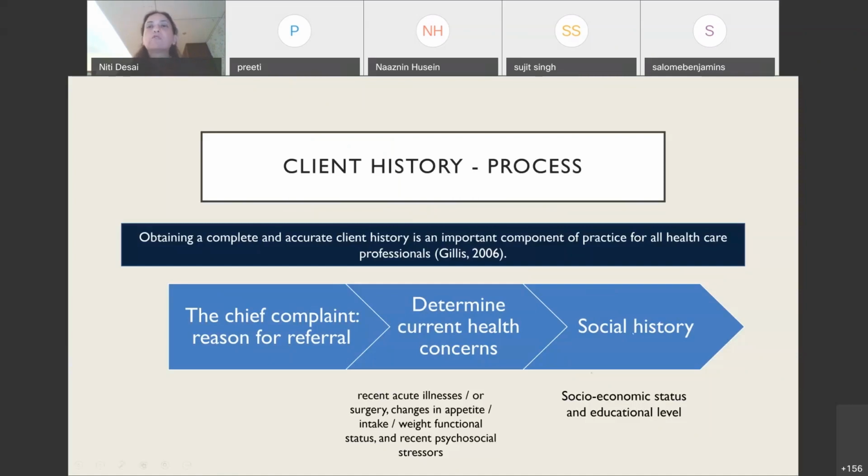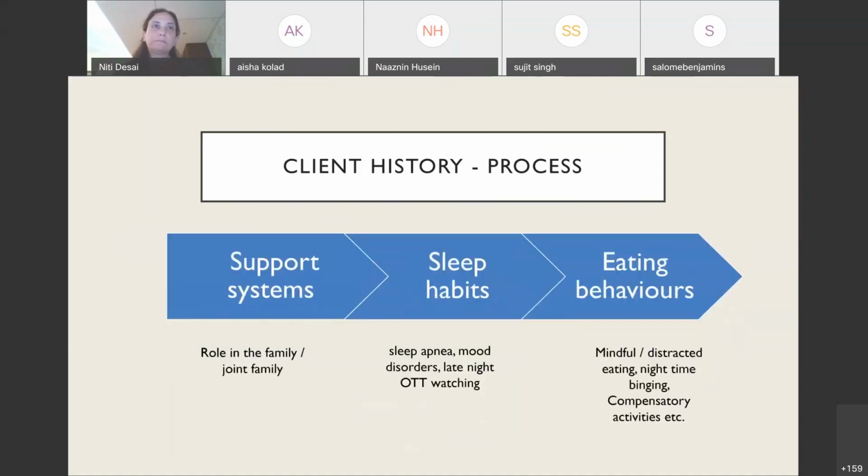Of course, we need to know the education level of the patient and the socioeconomic status, because suggesting some fancy foods which cannot be purchased, if the purchasing power is not there, then the diet will only remain on paper. It will never be put into practice. Education level also, a very fancy prescription may not be followed. So depending on the education level, we need to make it as simple as we can.